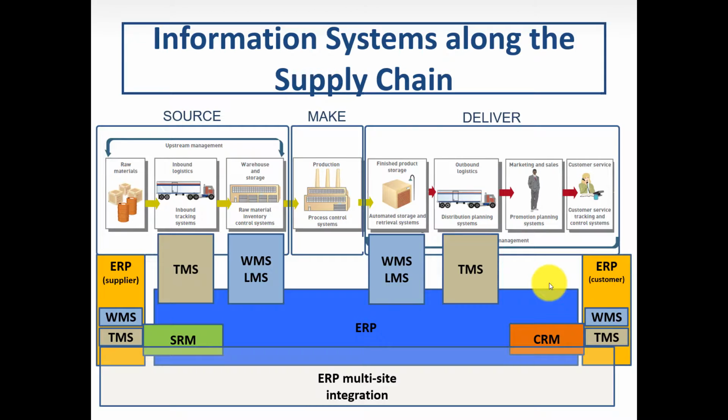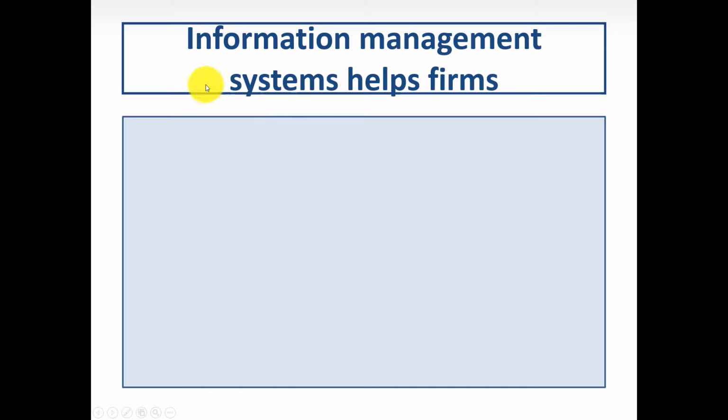You have to picture a lot of these companies, they use different packages and different software, and data has to migrate from one to the other. And sometimes you need other packages to glue these systems. So it's really a big headache. Okay, so in short, information management systems can help firms first to decide when and what to produce or